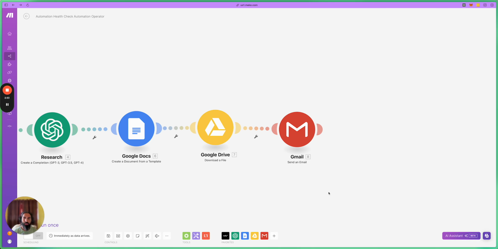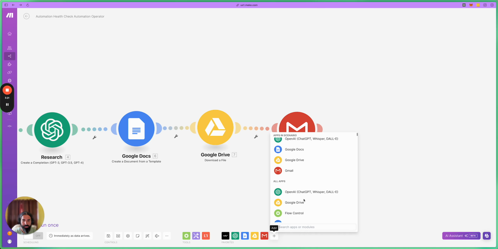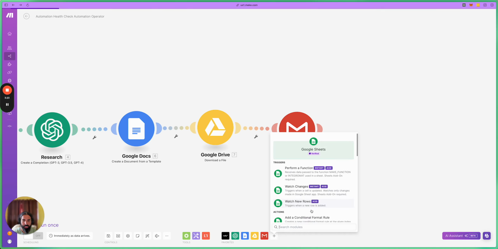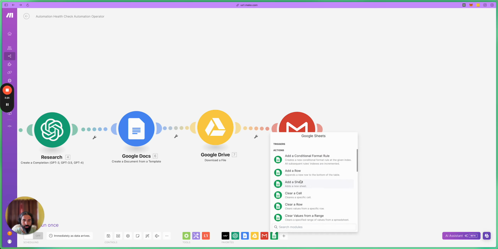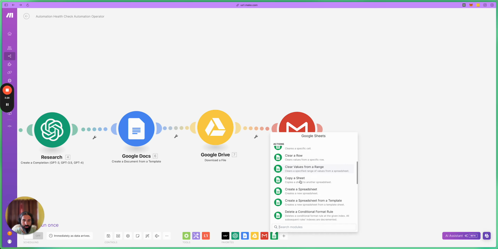Now, we've done most of the scenario. I just wanted to add one more step because maybe we want to archive this information in somewhat of a database, and we're just going to use Google Sheets just to save all of those responses, because maybe you want to set up some automation where if you've got these responses in a sheet, you might want to send that information somewhere else. So we're just going to add another one, and we're going to set up a Google Sheet. And what we're going to do is we're going to